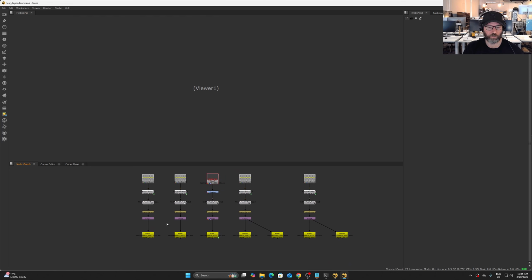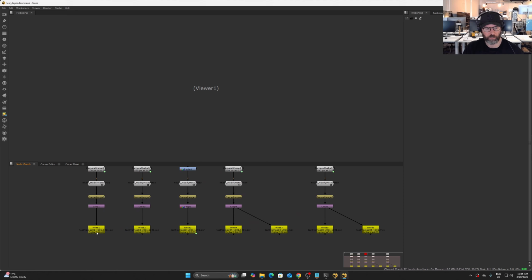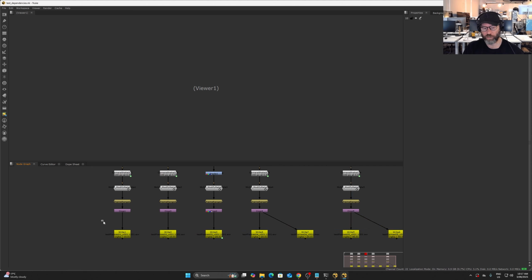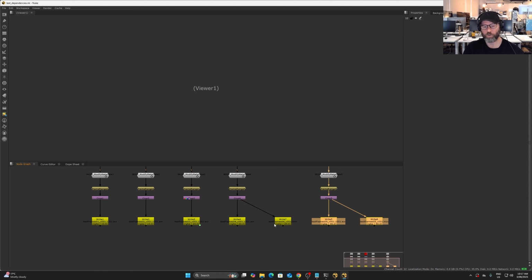Okay, so here there's just some write nodes. The first couple have a render order of 10, the next have a render order of 20, and the ones after that a render order of 40. So when we set render order dependencies on, it'll render the 10s first, then the 20s, then the 40s,